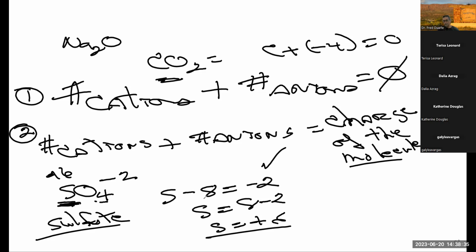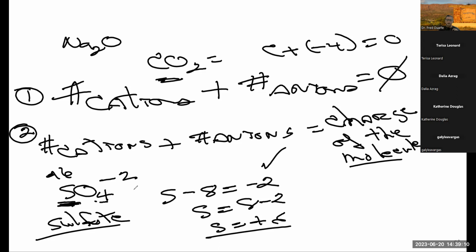Simply move the -8 over to the right side. It turns out that sulfur has an oxidation state of +6 when it's bonded as a sulfate polyatomic ion. Okay, so I think the second equation expands the choices that you can use to calculate oxidation numbers. And there are questions that they ask you, like I just gave you now, specifically for sulfate, where they